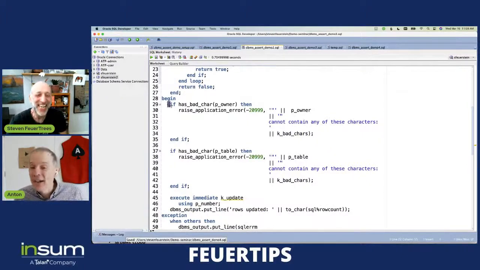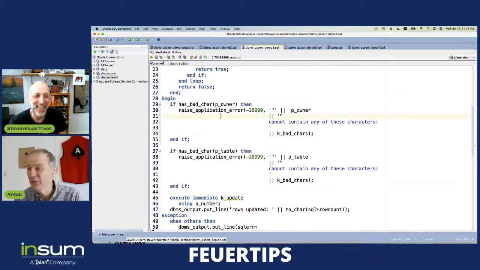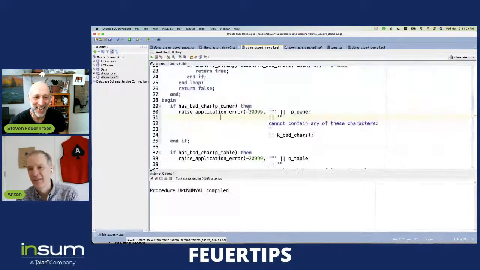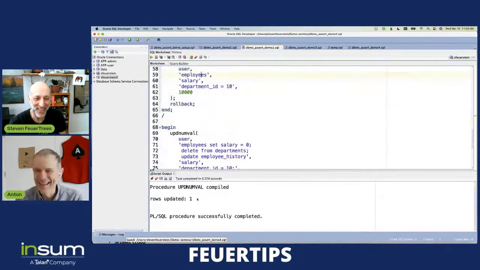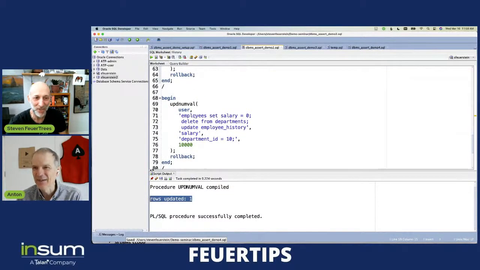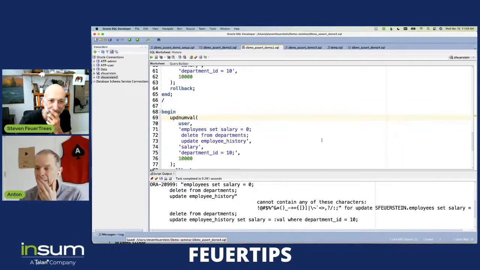But regardless of how you want to go through it, you're doing a blacklist. Come on, let's try it out. I updated the rows, and I'm going to try to sneak in some really bad stuff. Boom. We're good. We are good. But Stephen, I'm a little bit worried because I